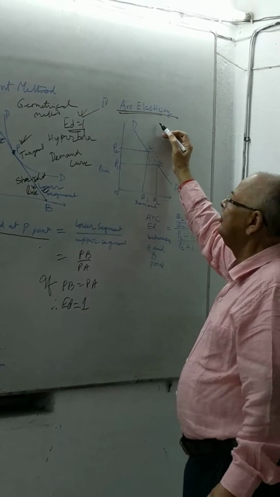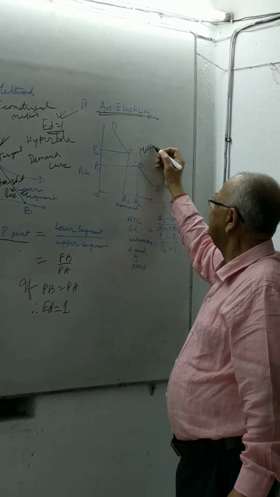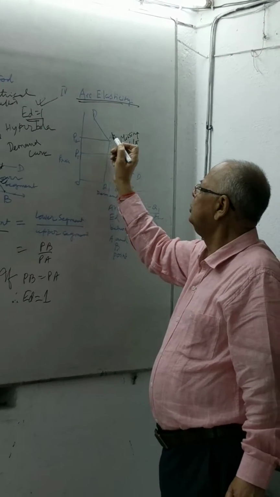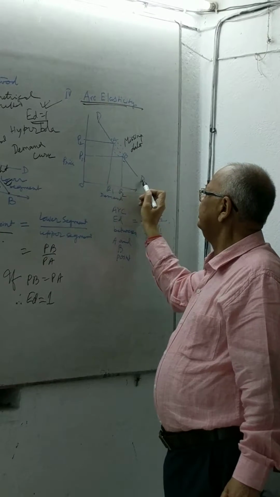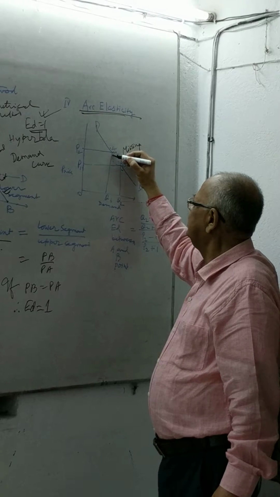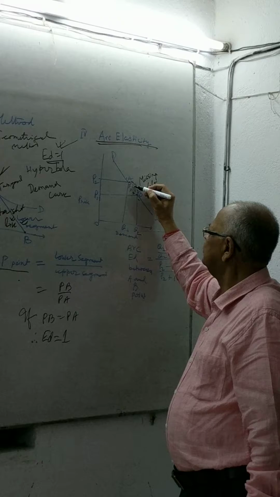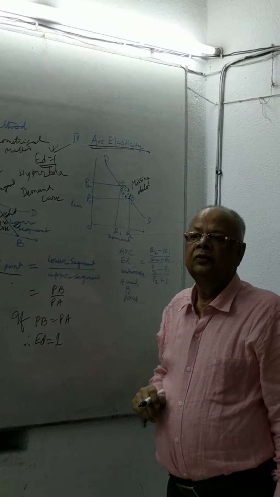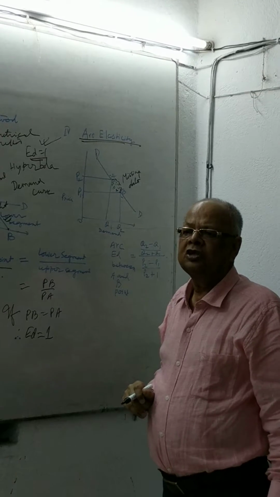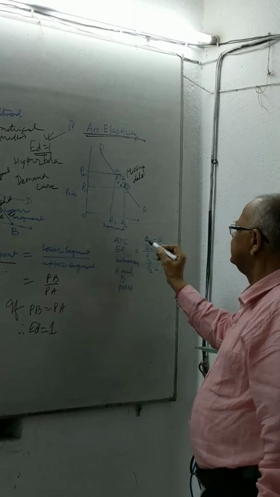Arc elasticity is very famous when there is missing data. There is data from D to A and B to D, but in the mid time this is missing. In this case, it was said that arc elasticity can be measured by this formula: